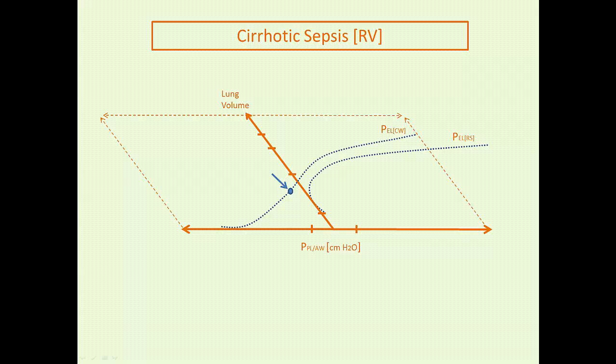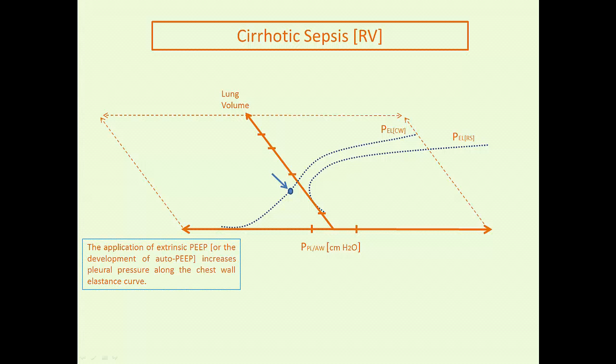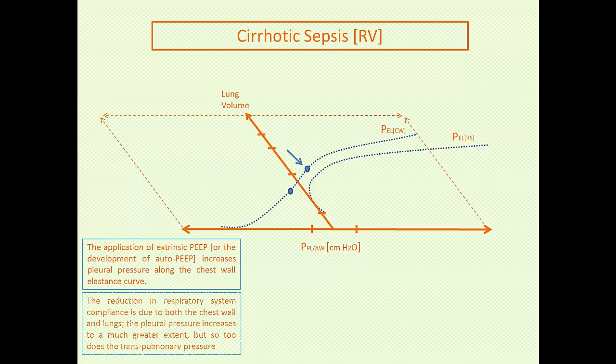So let's run through an experiment where we apply PEEP to the patient. As you apply PEEP, the lung volume is going to increase and press out against the chest wall compliance curve, and the intrathoracic pressure that's generated will be a lot higher because of the diminished chest wall compliance. So that would tend to have more of a preload effect on the right ventricle. Okay, so now the reduction in the respiratory system compliance curve, which is due to both the chest wall and the lungs, results in an increase in your airway pressure,